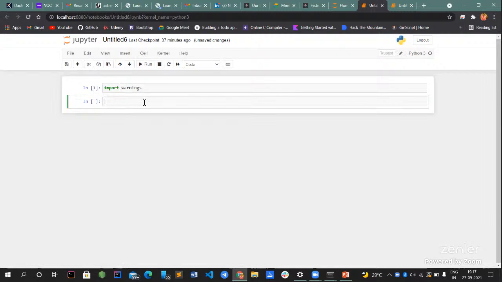You can check that whenever you press Shift plus Enter, this line will be executed, and if there is any mistake in your importing or in writing any of the syntax or variables, it will give an error. But when I press Shift plus Enter, it is not giving me any error and the line has passed. So for the warnings, we have to write